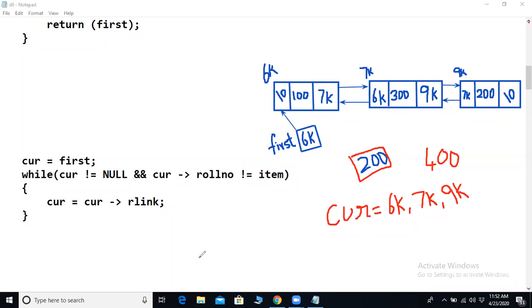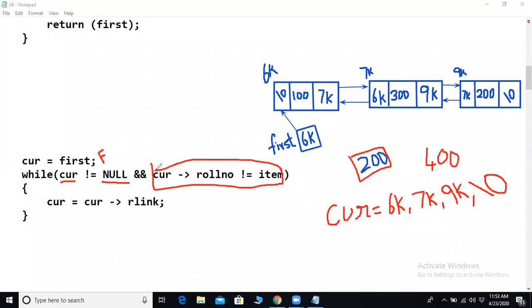So this null will be updated in cur. It will become null. Then you go back to the while loop condition checking: null not equal to null. This condition is false.